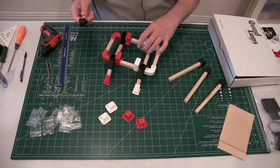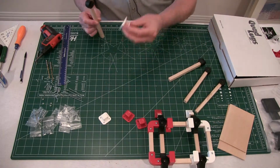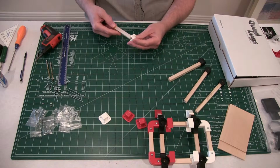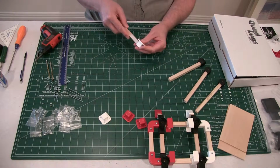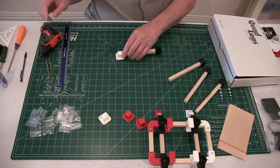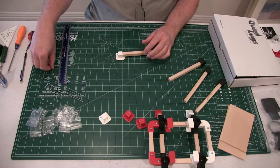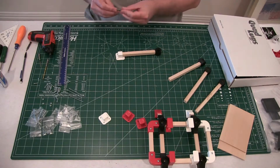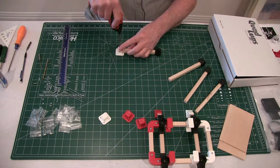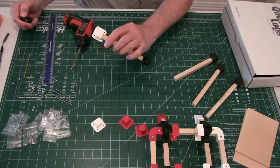So this is pushed in all the way, and let me set this aside, and we'll go ahead and mount our motor mounts, or screw on our motor mounts. So we'll just slide them on and push them even to the end. And we need to drill a 1/8 inch hole in the motor mount. So we'll go ahead and do that now. On the motor mounts, rather,